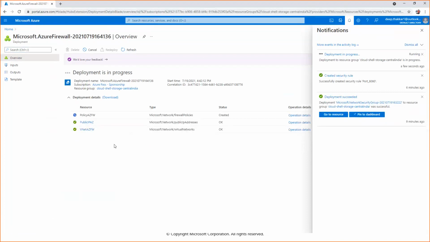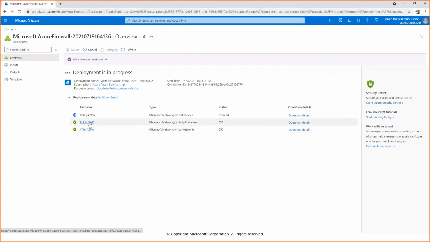Yeah, it is created. So virtual network is created and public IP is created and now firewall is being created.